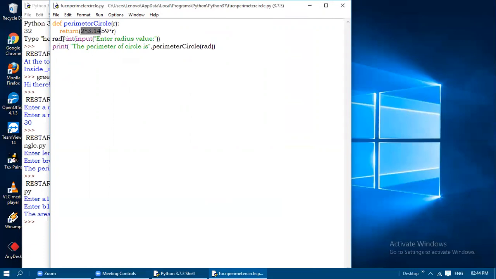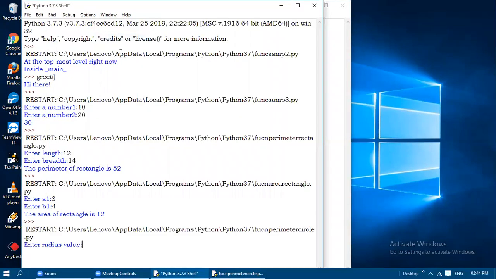So radius we are entering from the user, and then the function call is made, that is perimeter circle. If you look at the name of this function and the function call name here also, both should be similar. Then only this function will be called here. So this is known as the actual parameter. So through this rad only we are sending the radius value, and then that rad is copied here in this r, and then 2 pi r. So the formula is applied here. Then we will get the answer for this perimeter of circle, that is 2 pi r we will get as the answer. So now we will see by entering some radius value for this r.